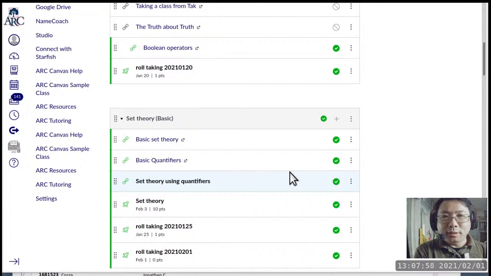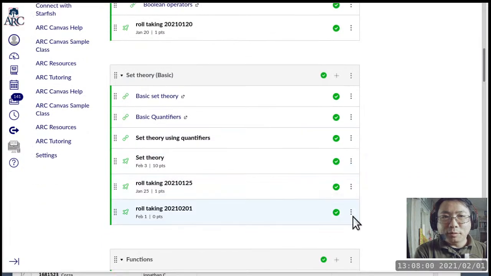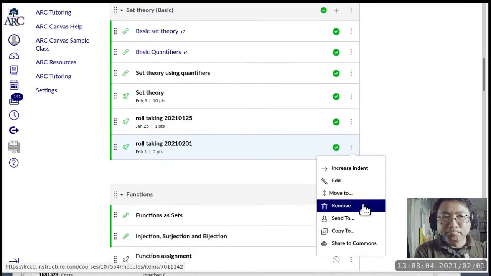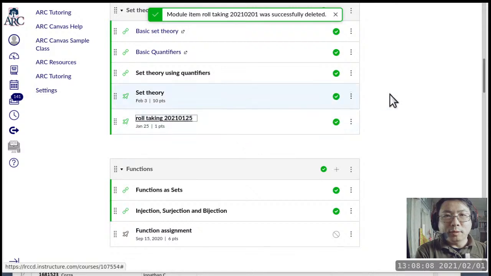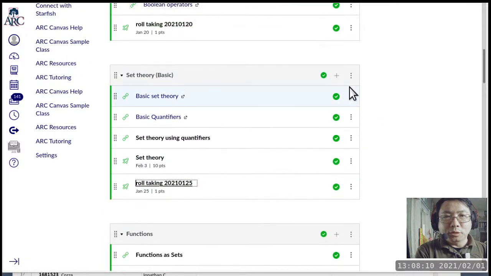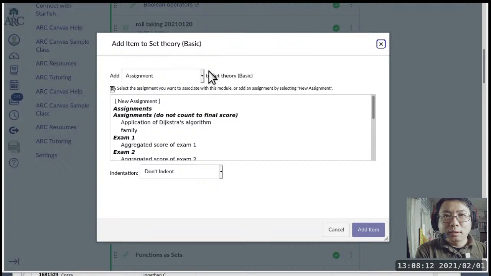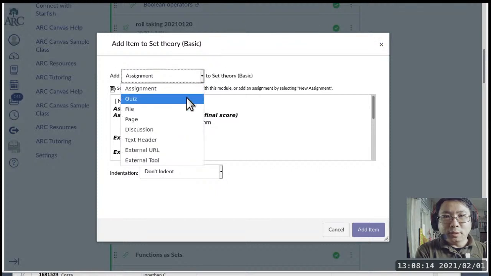Yes, I could have done it in a different way, but we'll go ahead and get rid of it, because I can't change the question once it has started. You guys will be locked into the question that you saw. That's one thing about Canvas that is kind of weird.